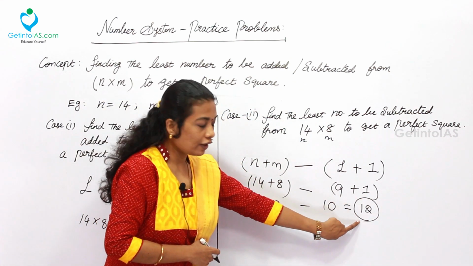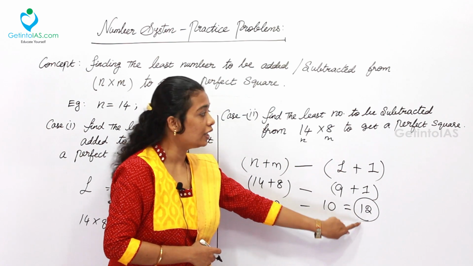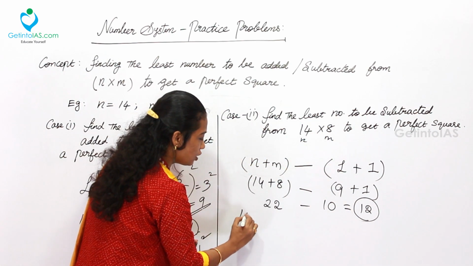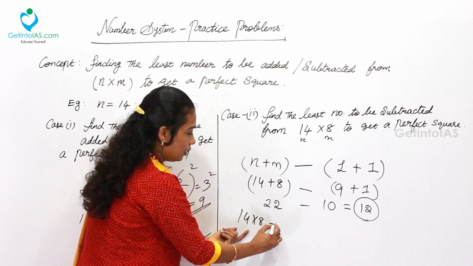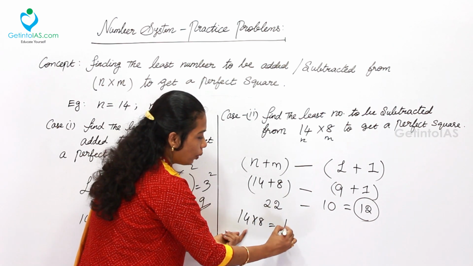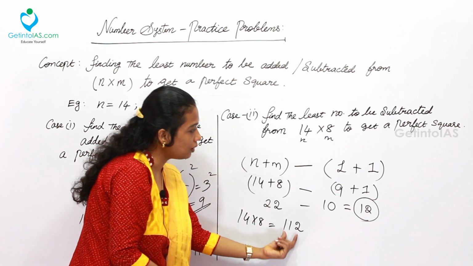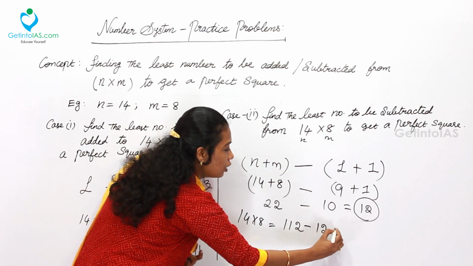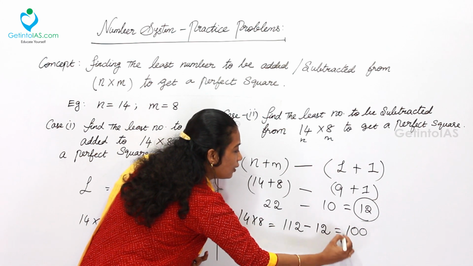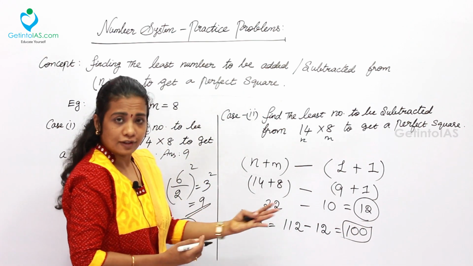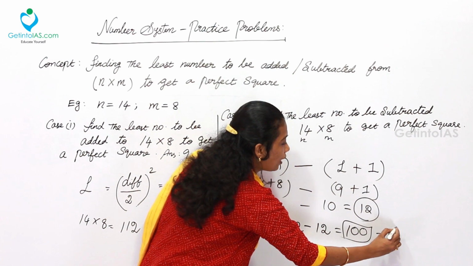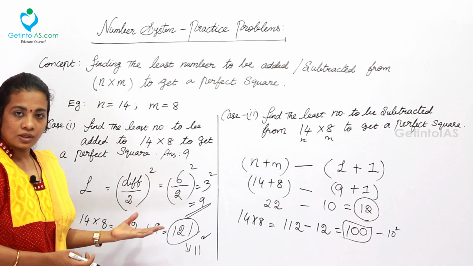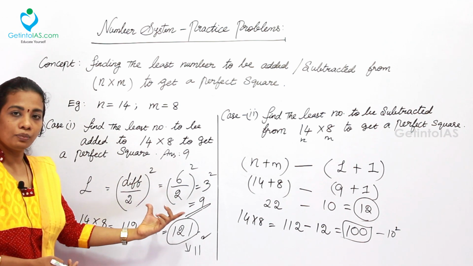So this 12 is to be subtracted from the number. Okay, let us do. What is 14 into 8? Which is 80 plus 32, 112. This 112 is given in the question, minus 12, our answer. So finally the result is what? 100. 100 is a perfect square, which is 10 square. That's all. Before and after perfect square, numbers can be got by using the two different formulas.